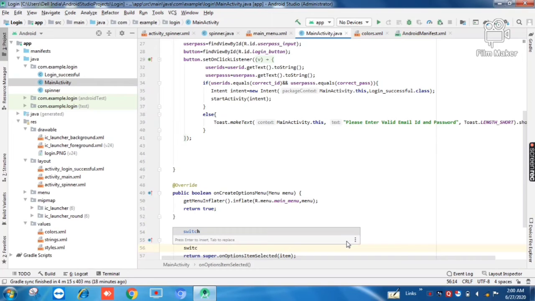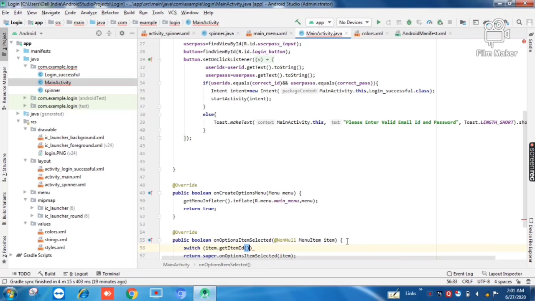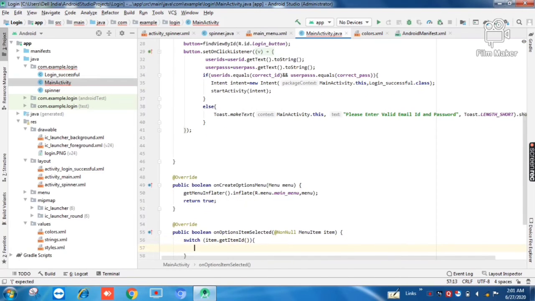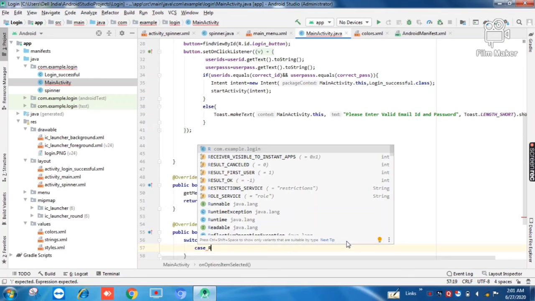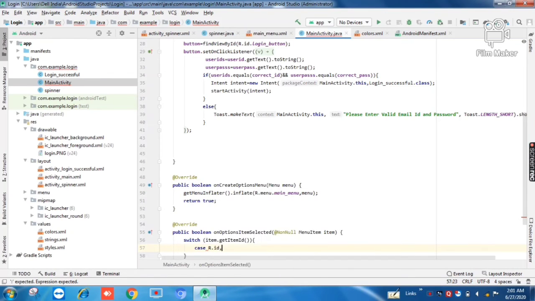And now how will we check whether settings has been clicked or logout has been clicked? With the help of ID. So getItemId here and switch this ID. Curly braces for case. First case is if our item1 is clicked. R.id.item1